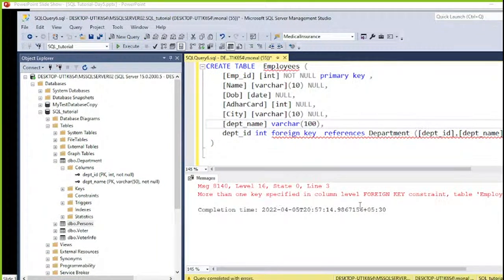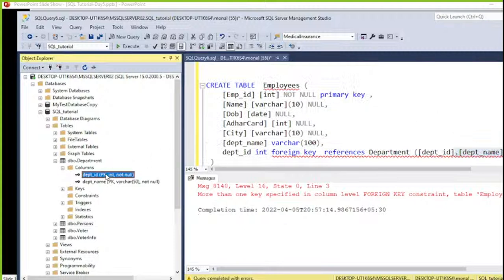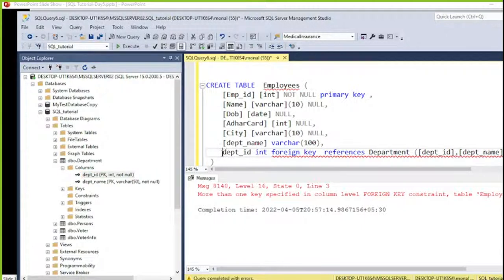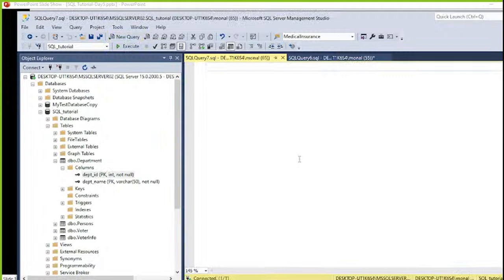More than one key specified in the column level foreign key, table employees. More than one key specified. What I will do, I will delete this one. Why is it not allowing me? I think I will remove this primary key from this table. I will keep it only on the dept_id. Truncate table